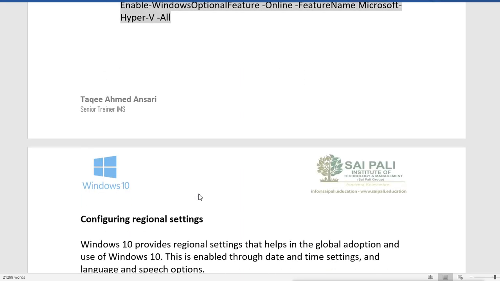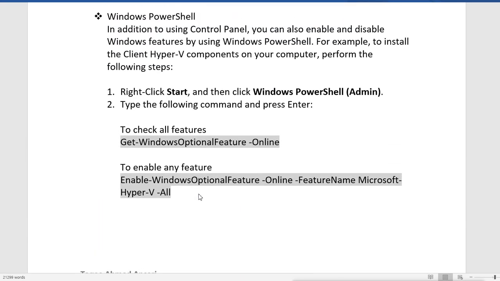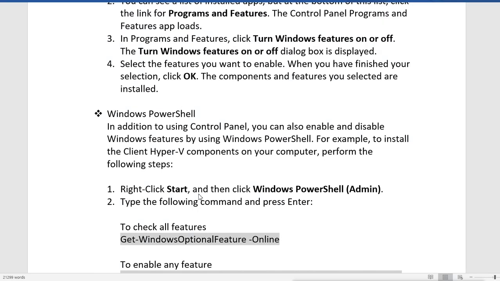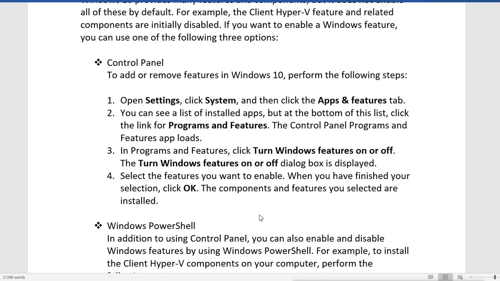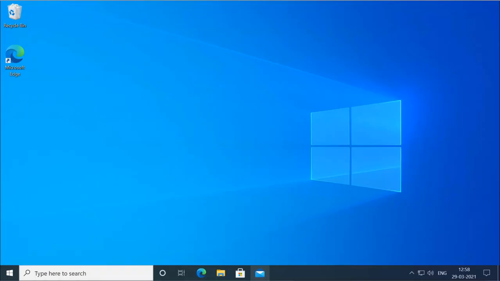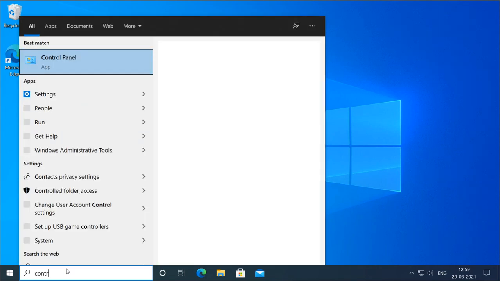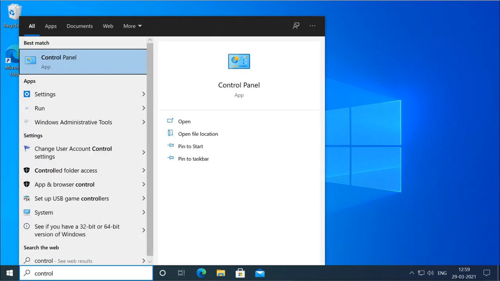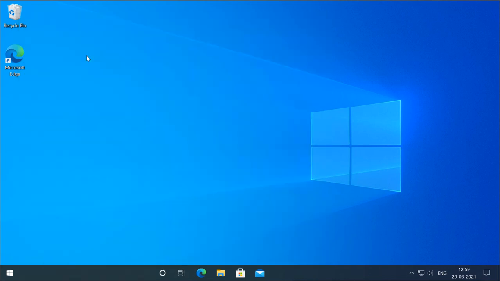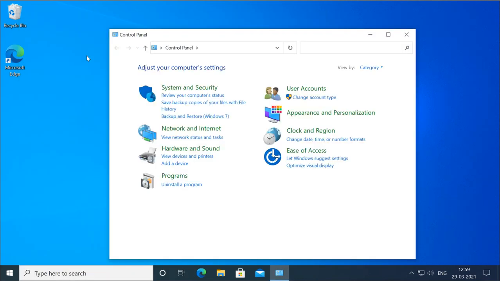Let's do it first from the control panel. I can open the control panel directly by searching here, or I can go from the Settings app.